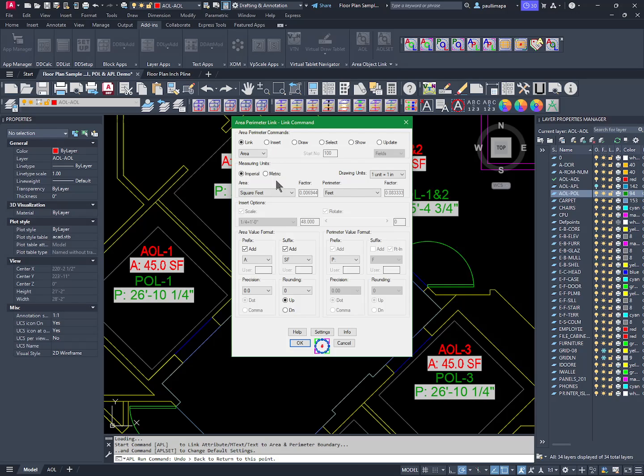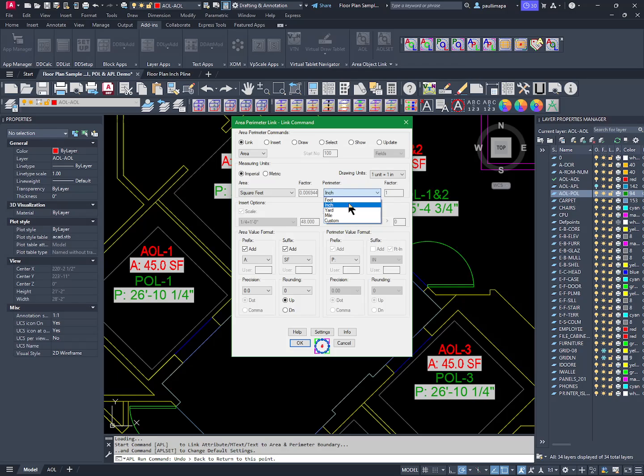It gives you the option in one single dialog box to do all the formatting changes for the area result on the left side and the perimeter result on the right side. And you can select a different unit for the perimeter result versus the area result. So I could use square feet for area and not feet but inch for